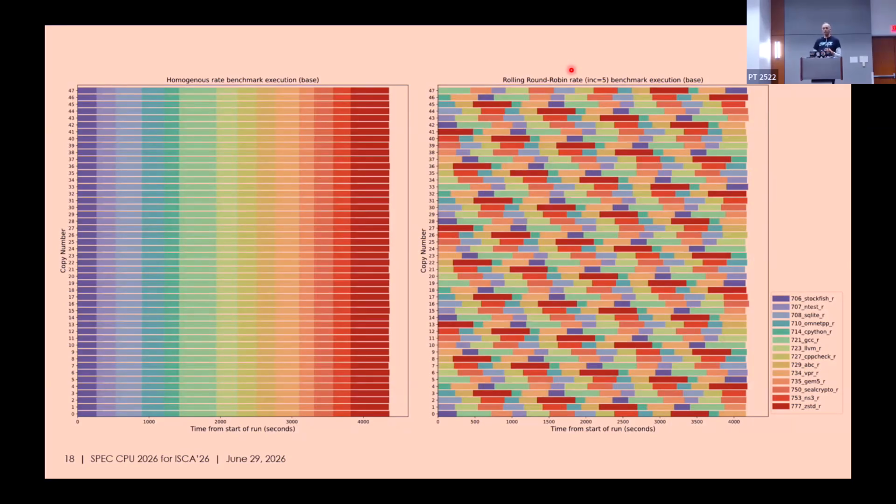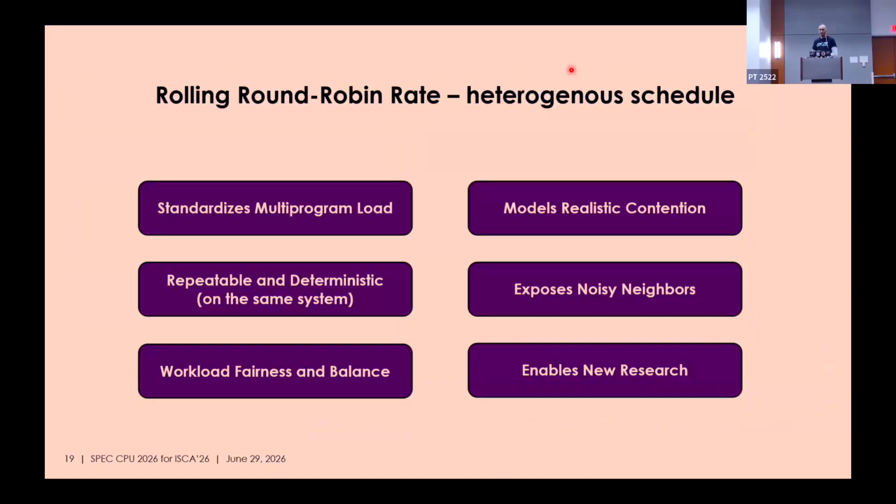And the variance between the different chips there on one benchmark, you get a kind of a shmoo. That's also deterministic. So the variance doesn't vary. So now this is a way that you can measure variance in a deterministic way across your CPUs. And what it leads to is a way that we can standardize multi-program load.